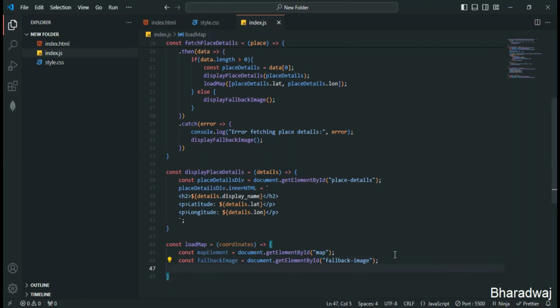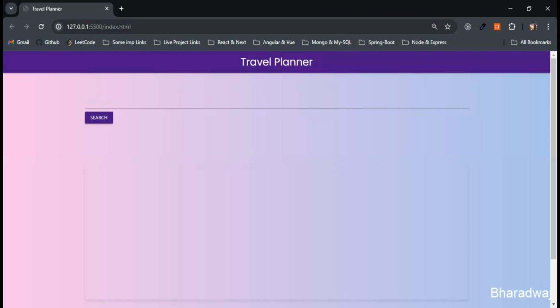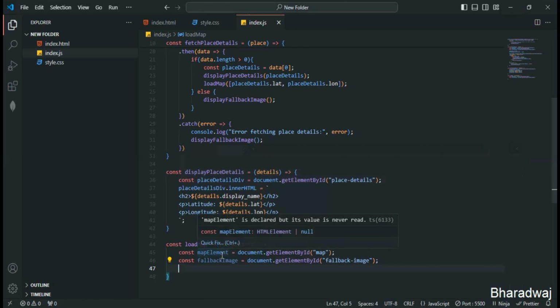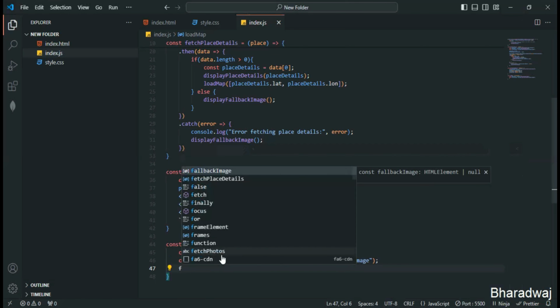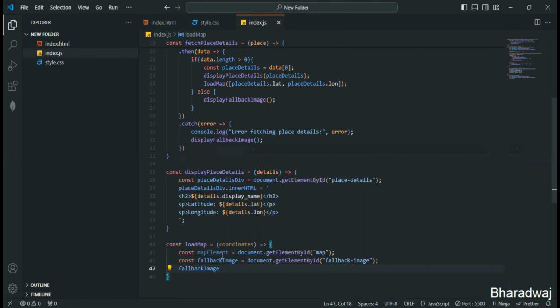Next, we'll hide the fallback image if the map is not available. If the map is available, then we will not be showing the fallback image. Only if the location is not available will we be displaying the fallback image. For that purpose, let me make use of the fallback image